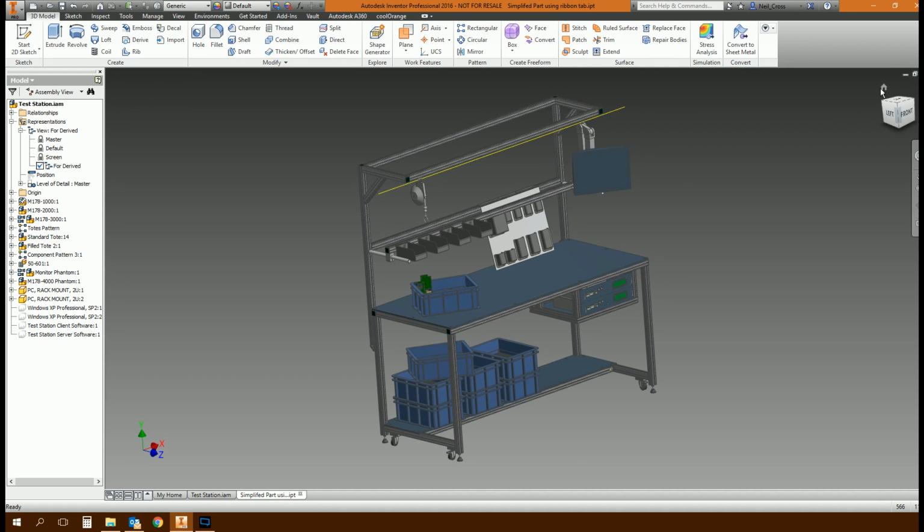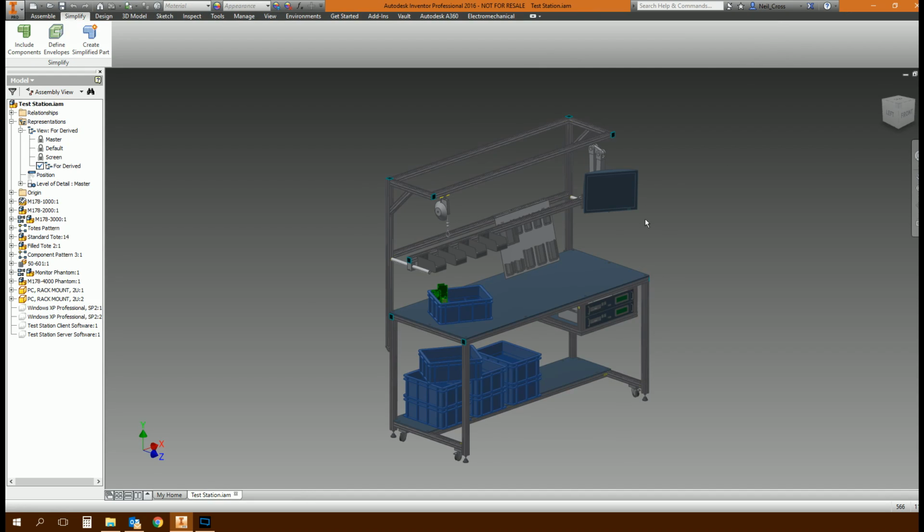The other option that you've got as well is you can play around with this a little bit. You've got two other options here. Include components. What this will do is allow you to manually select the objects in the assembly that you want to simplify. But you have to do that before you do this bit. So you say, right, I want to include components. I want to create a simplified assembly of this,